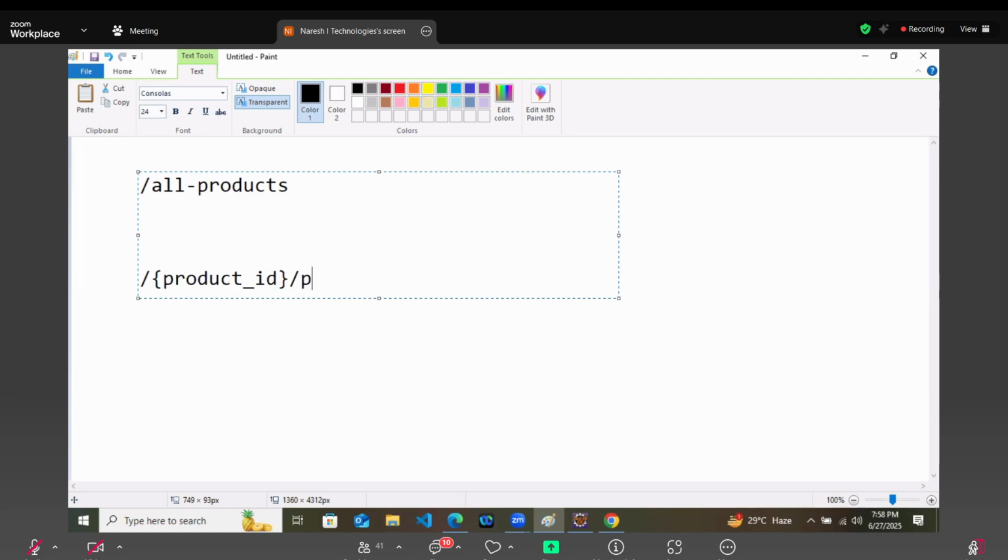slash payment, that you want to make payment. Now this payment service will talk to this all product service: give me the product. So generally in terms of e-commerce, we say it as SKU. If you don't know this, you can say ID of any product. Each and every product is recognized by its unique ID. So that is called SKU in terms of e-commerce. If you are planning to join Flipkart or Amazon, then you will work on this.